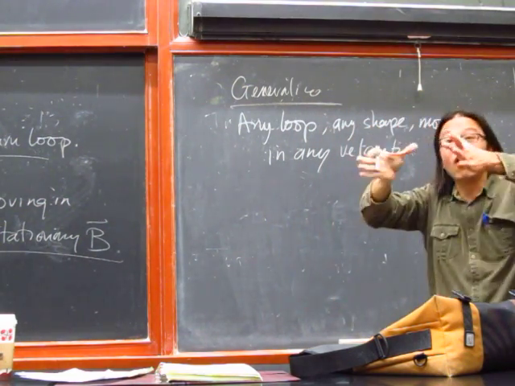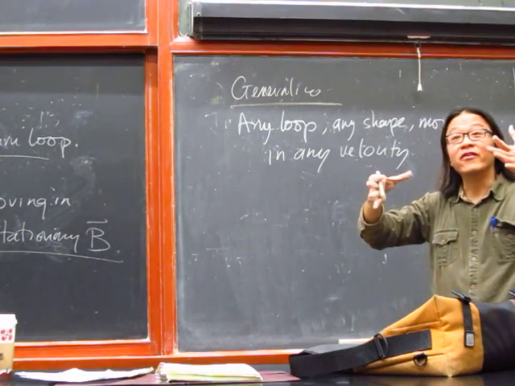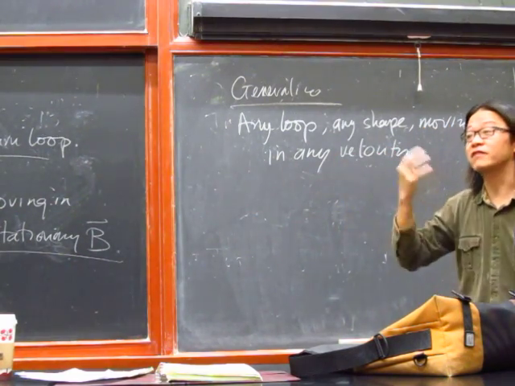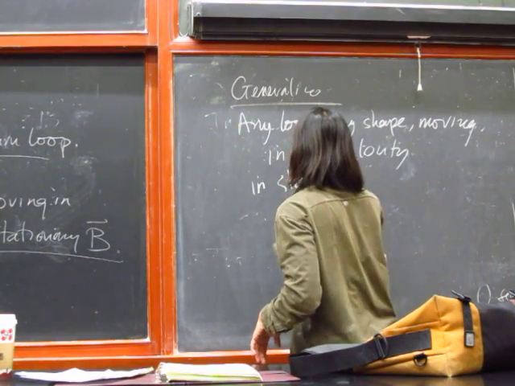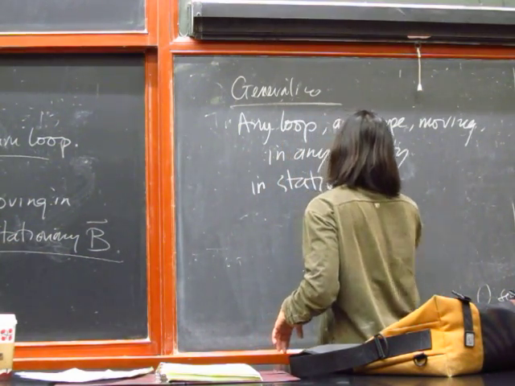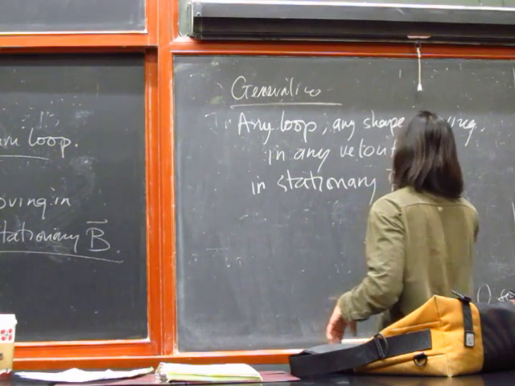Meaning that the loop can also change its shape, right? It can breathe in and out, say, right? But in a stationary field,